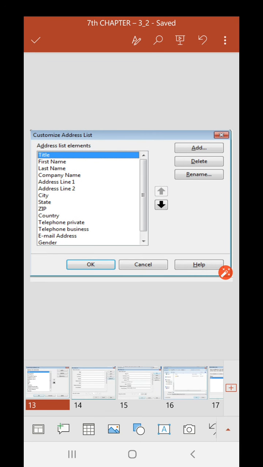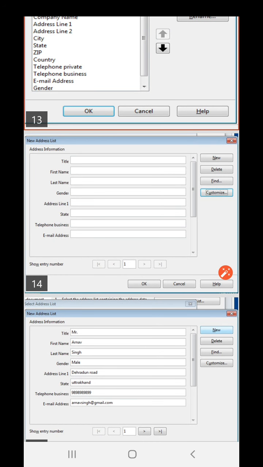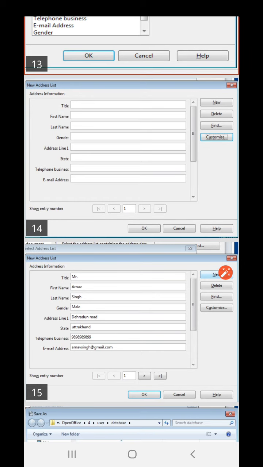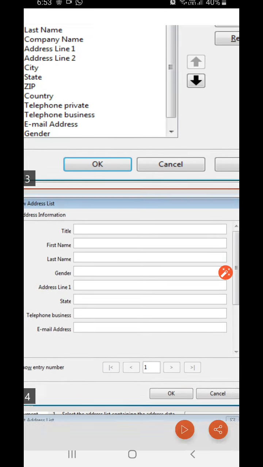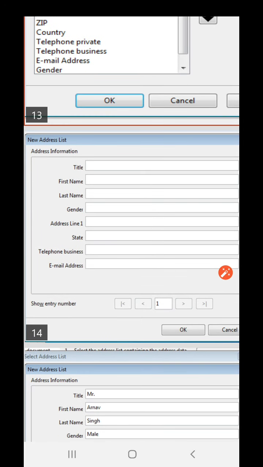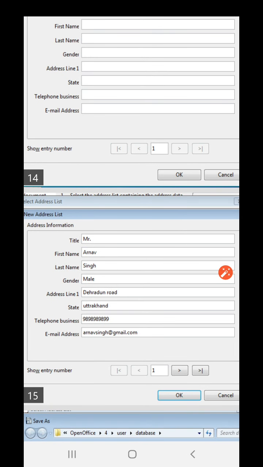Once I have done this step, you will see another window, which is this. As I have deleted other fields and added only these fields in my new address list, you need to fill in the information which I have filled in over here.